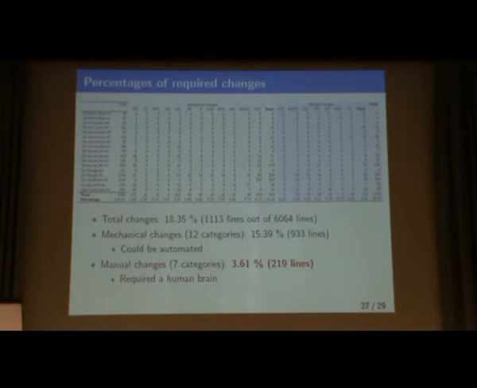Okay, so this is the table of changes required for all the changes. We counted this by hand counting with some comments. And as I said, in lines of code, there are many changes, but most of them were mechanical, we claim, and could be automated, we claim. And the significant changes were only a few hundred lines out of 6,000 lines, which was feasible for us.